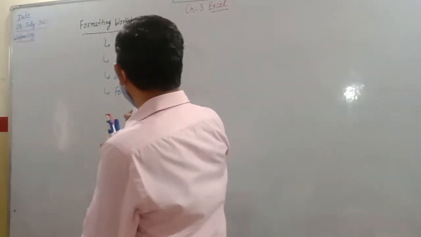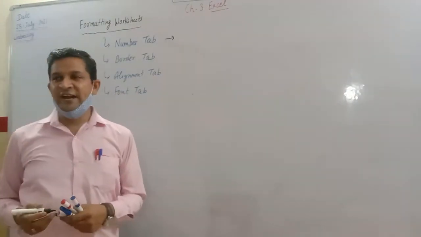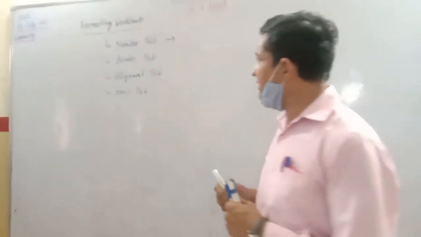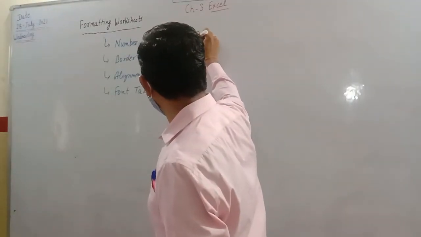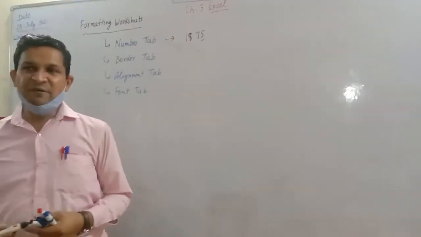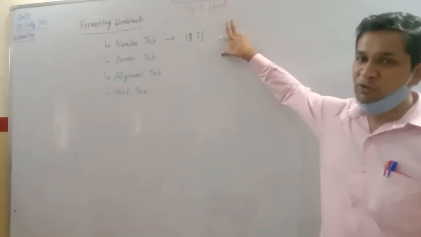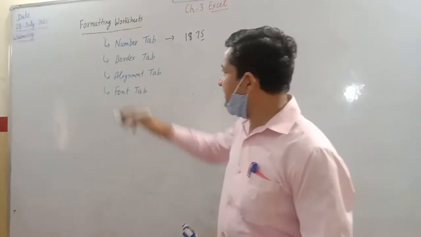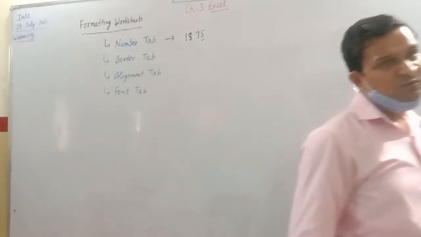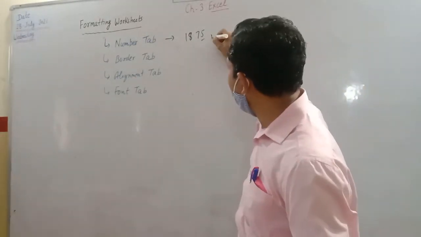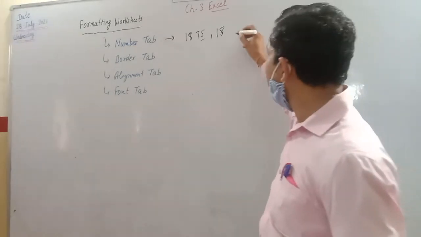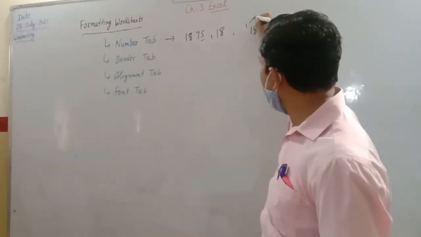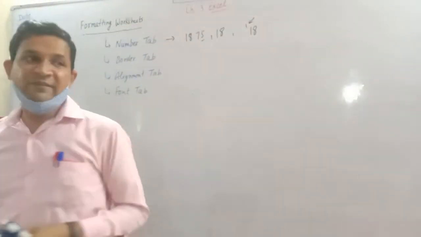So what is there in the number tab? The number tab provides different types of numbers that we can insert in an Excel sheet. How is it possible? Suppose I want to write 18.75. It is a type of number in which a decimal placing value is also present. We can directly enter this value by selecting the number tab option. Just select the number option and type the value in the form of a number, either with decimal places or a simple value. And one more thing, suppose you want to make the value in text form, like you write 18 with a single apostrophe sign. This value will be converted to text.